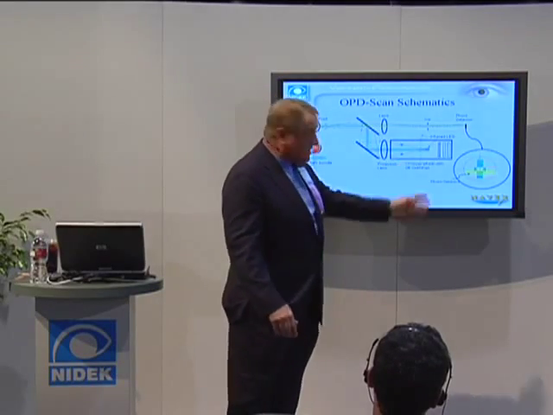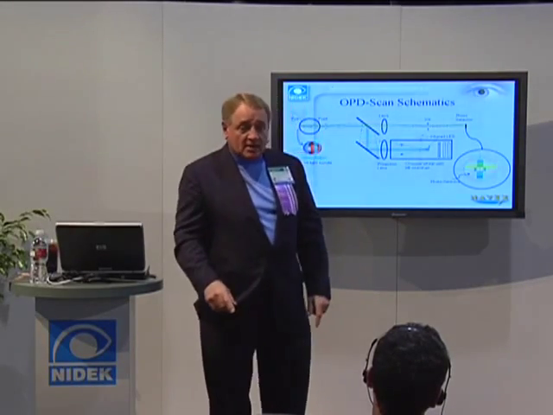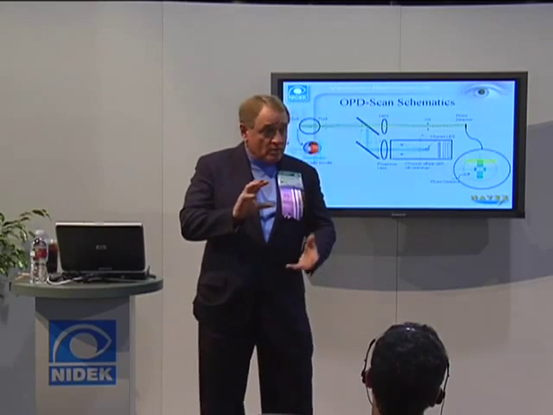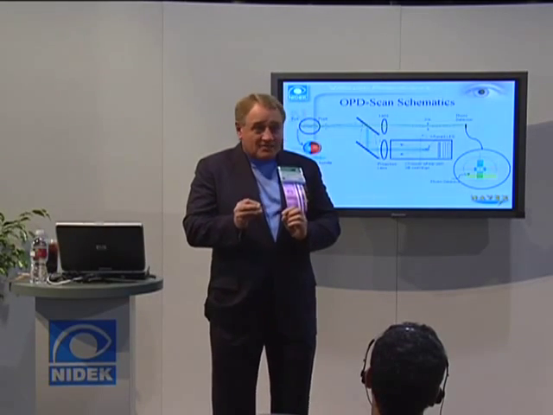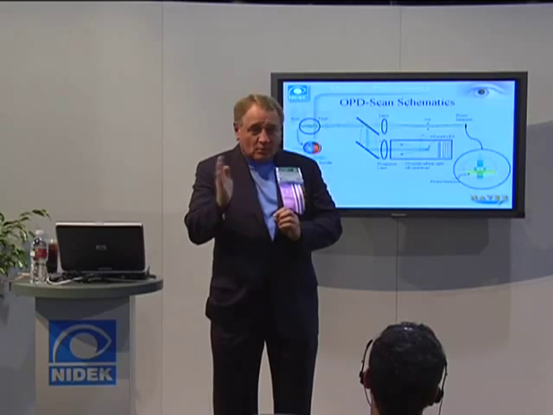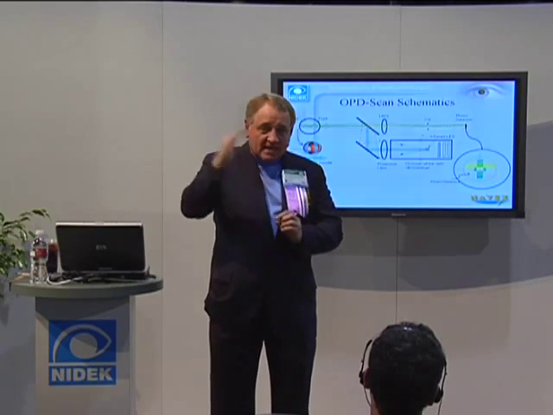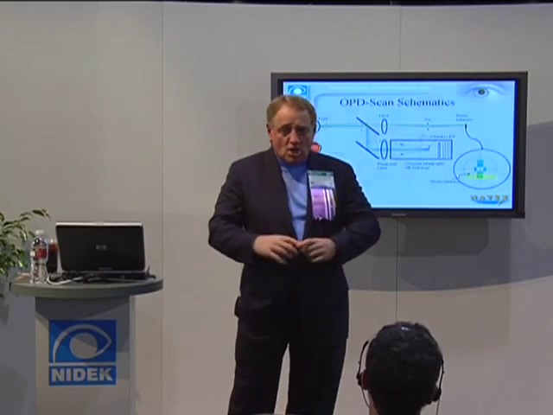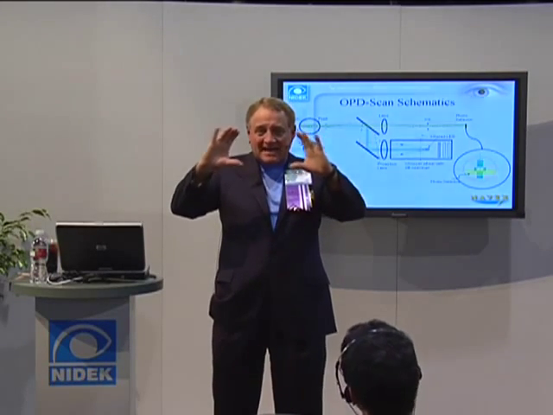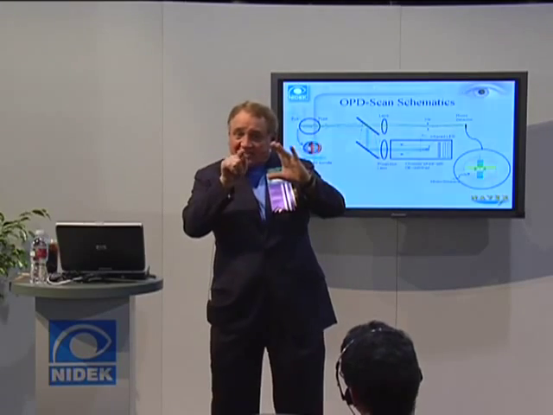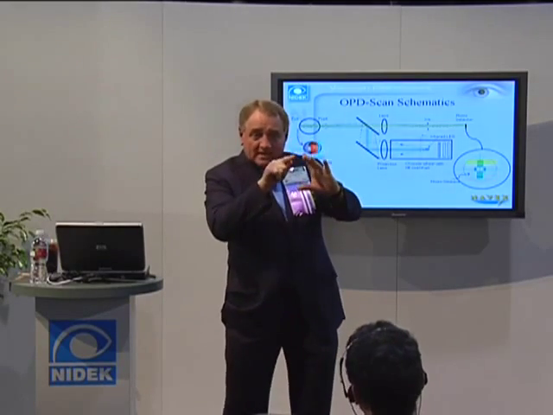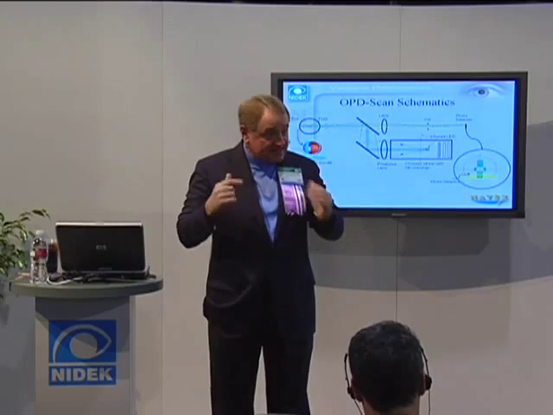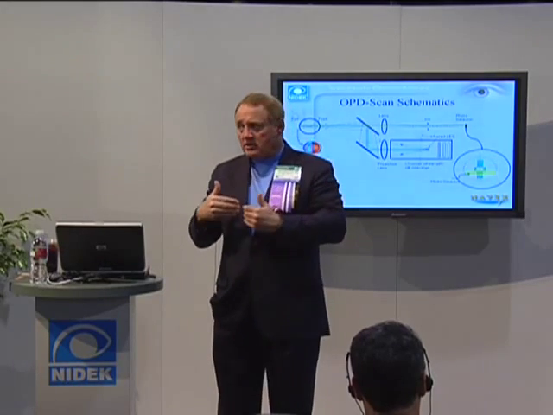Measure it in that meridian, and then we rotate that around 180 degrees. And when we do that, it's like if you were sitting there and you could remember what the retinoscopic reflex is as you rotated that around, you could do that in your head. Well, the computer does that really well. So it ends up with a map that has about 8,000 points that tells you the refraction at each point in the patient's pupil. And then from that, it's called a